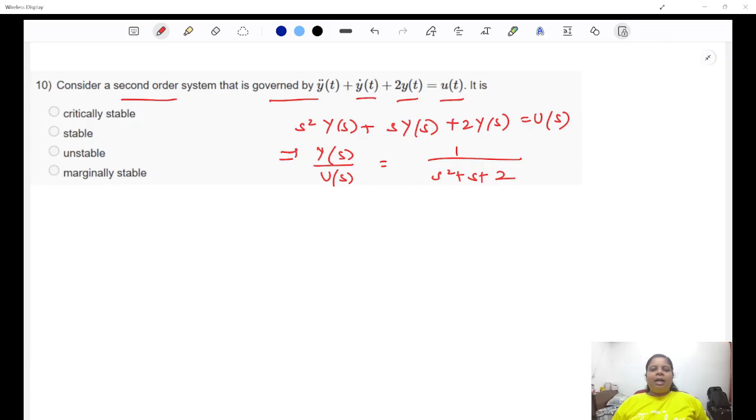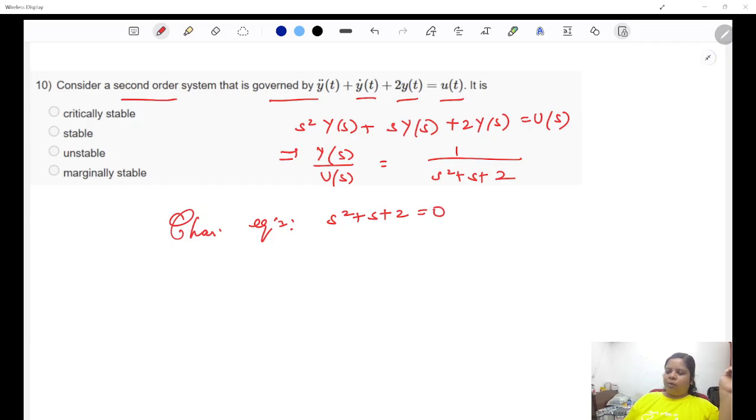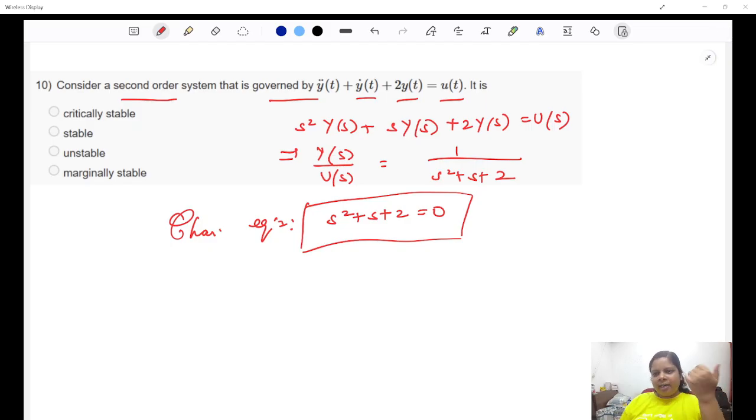Do you remember I told you something about Hurwitz criteria? Can you, based on that, answer this question? I'll just drop a few hints. So your characteristic equation here is s square plus s plus 2 is equal to 0, right? So this is basically the polynomial which is going to decide where the poles are placed. If the poles are placed on the imaginary axis, on the right half of the S-plane, or on the left half of the S-plane, where are they actually lying?